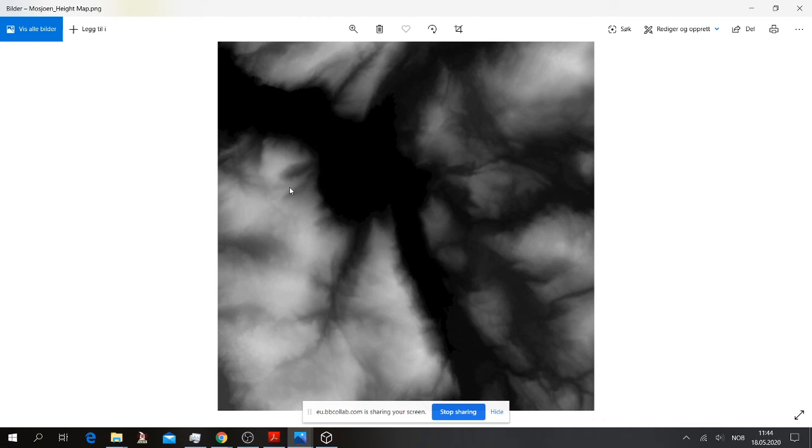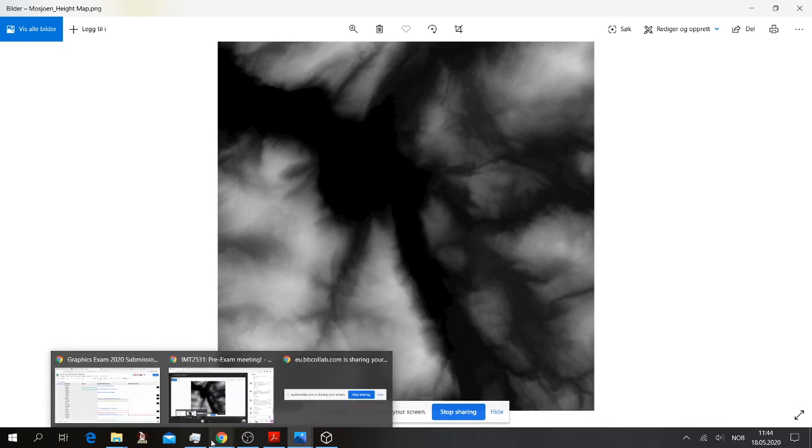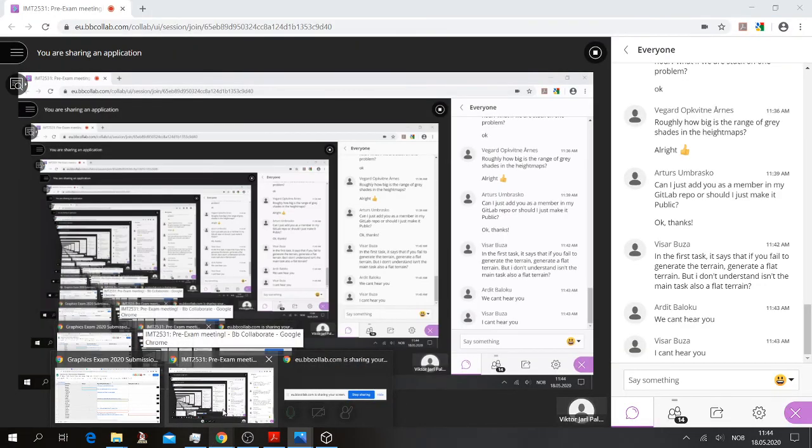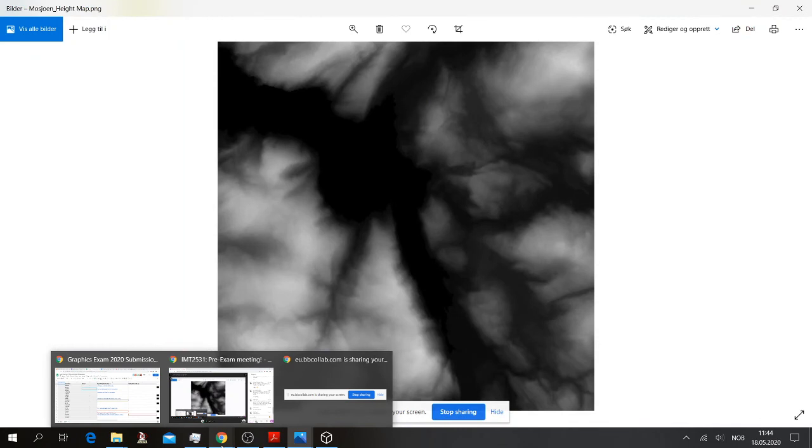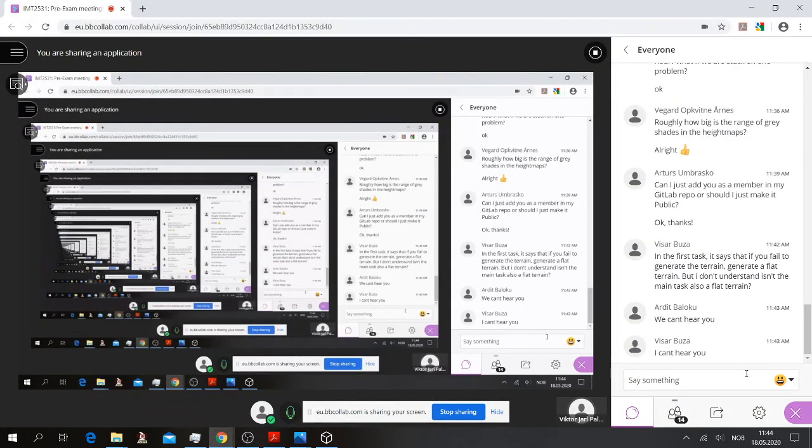So it's not flat. So the point is, if you had troubles with this one, then you should just have a flat terrain and try to make it more involved, right? But the point is that you have something that moves up in the Y direction depending on these values. Did that answer your question?